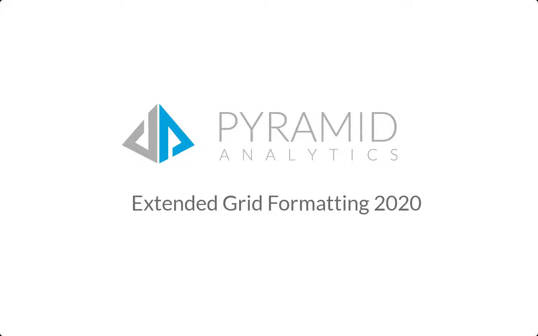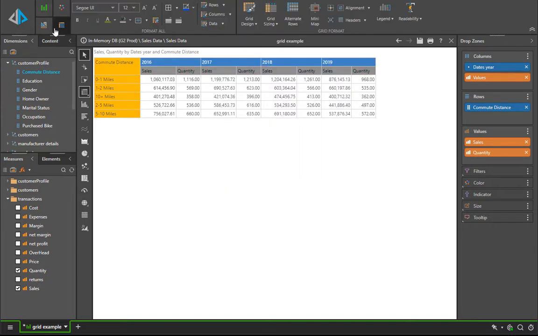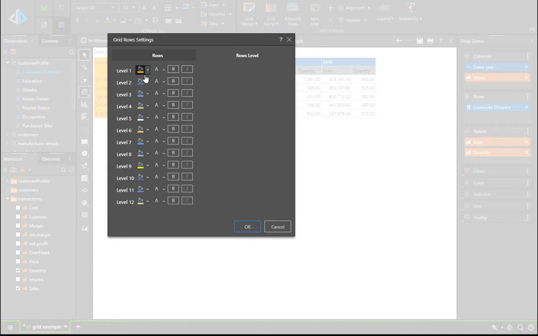In this session, we cover extended grid formatting. To begin the demonstration, we're going to show a basic matrix grid changed to the Europe theme provided in the standard install of Pyramid. The first thing that we can do is we can change entire parts of the grid